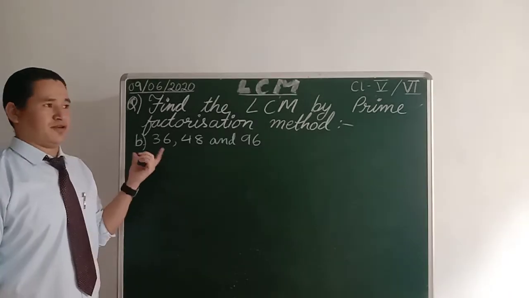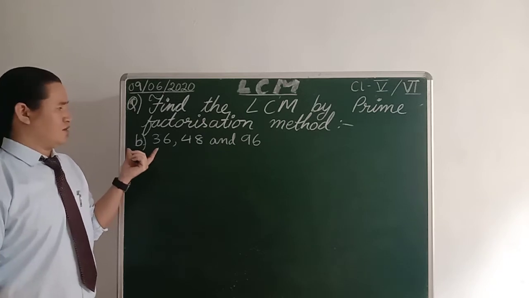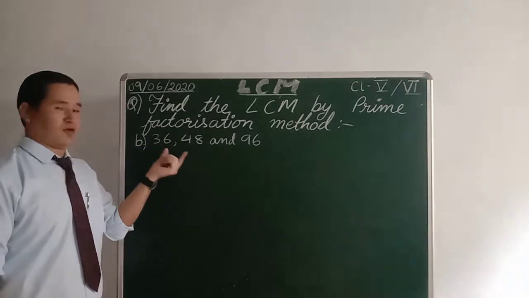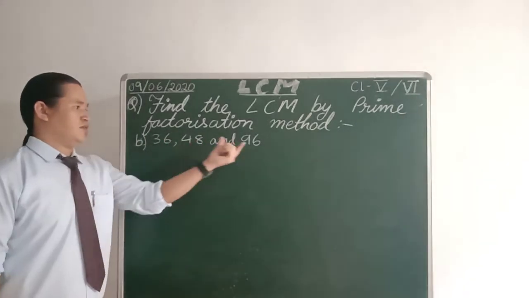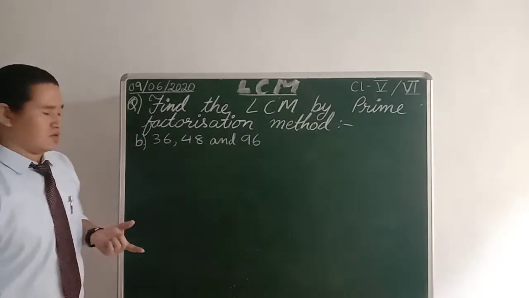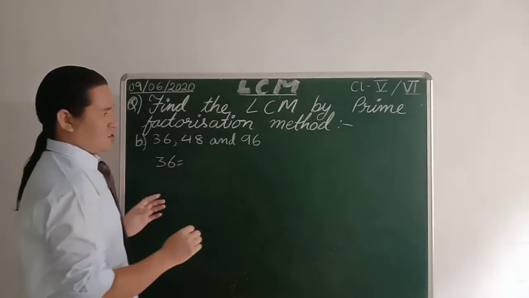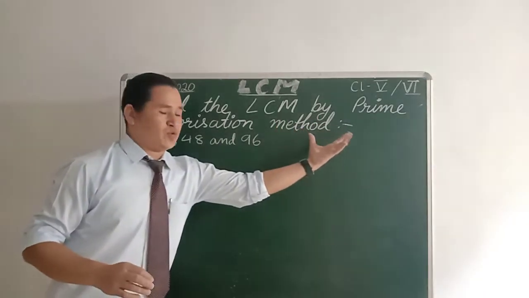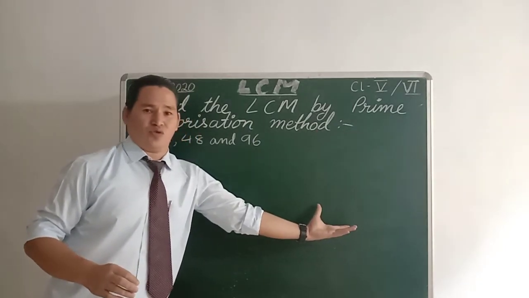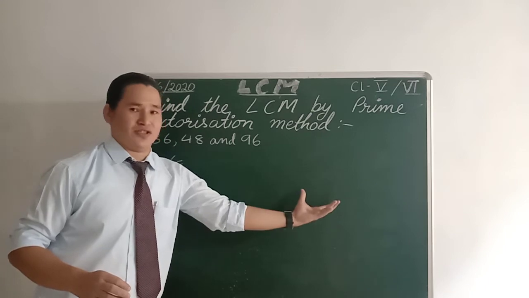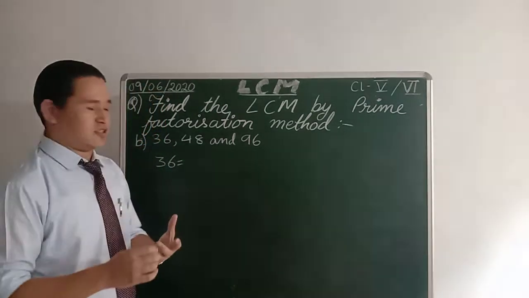Now I am going to solve number B. Here you will find 3 given numbers. In the previous question I gave only 2 numbers, but here you have to solve it for 3 given numbers. Whatever work I am doing over here, you also have to show. If you do not show it, then I cannot make out whether you have understood or not, and it will be easy for you also.